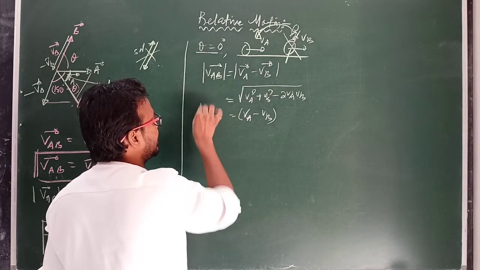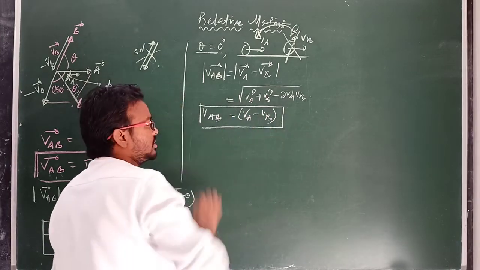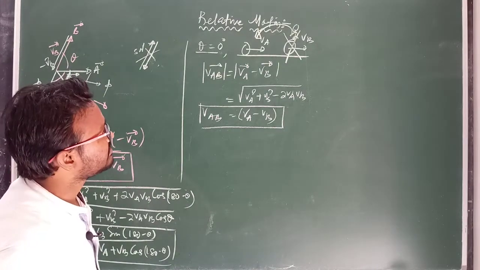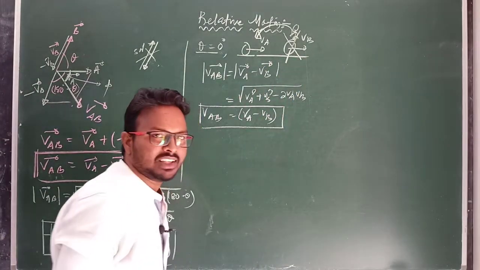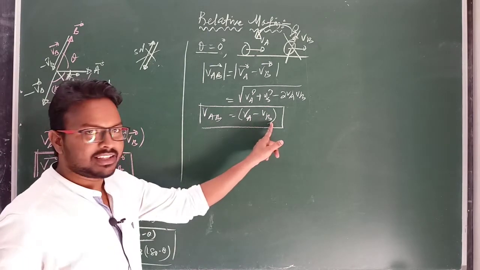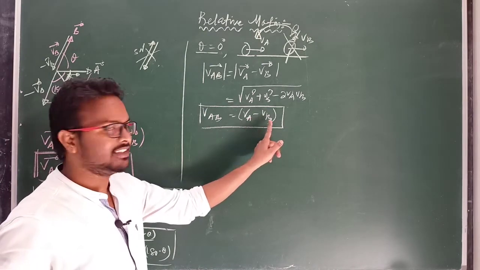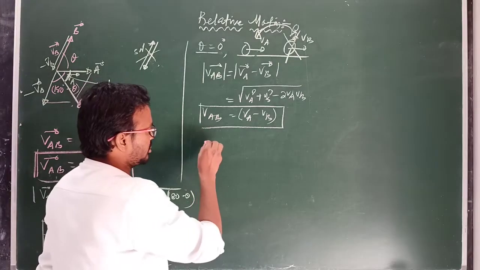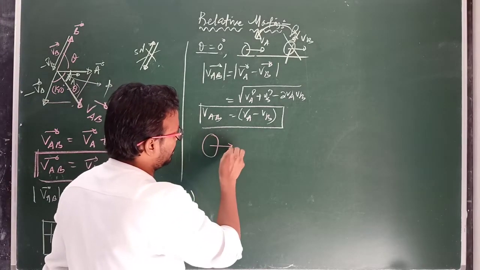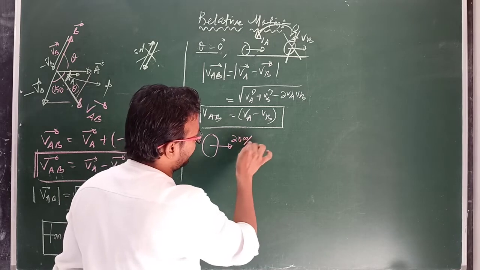This is known as relative velocity. So we conclude from this relation that if two bodies are moving along the same direction, then their magnitudes will be subtracted, and the difference VA minus VB is our relative velocity. Clear? Like for example, suppose one body is here moving with 20 meter per second